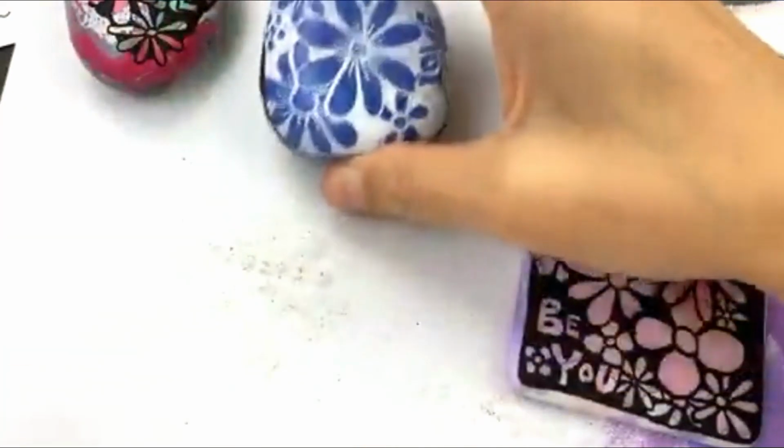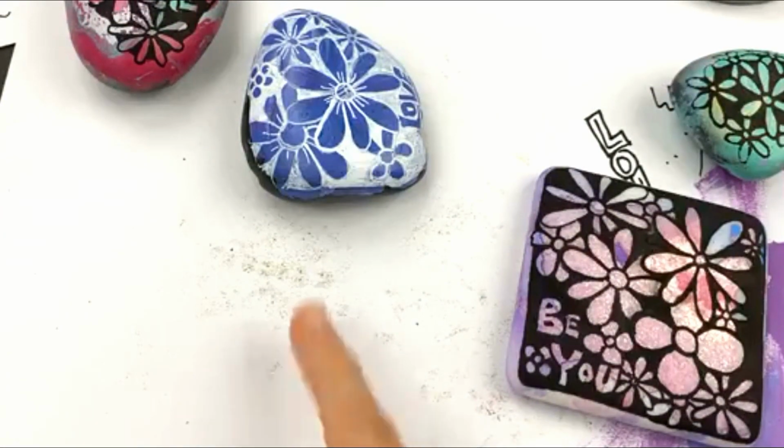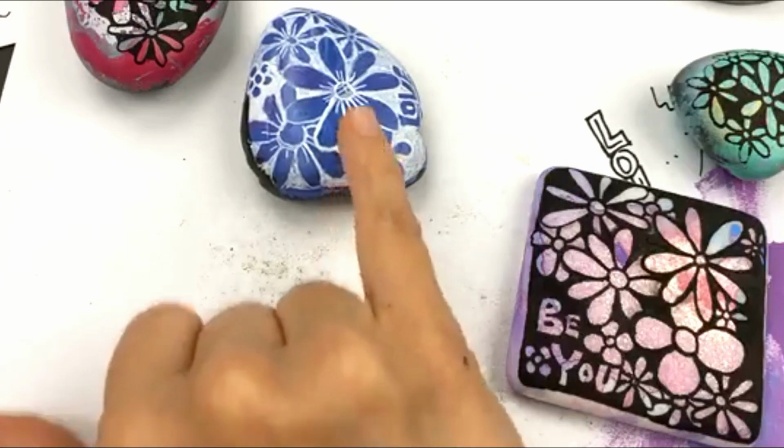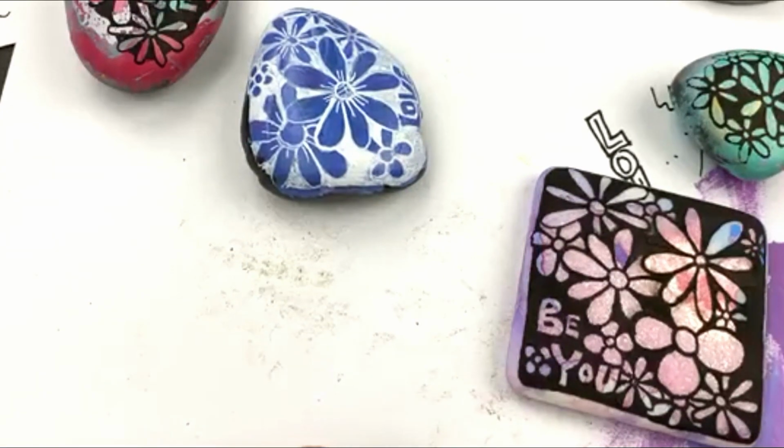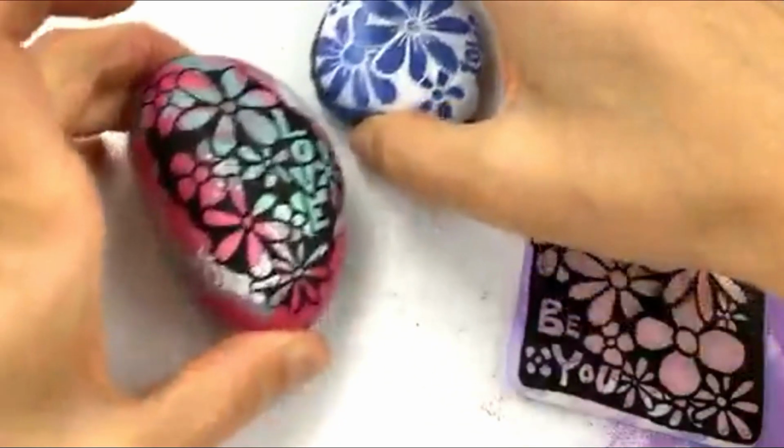It does look pretty though, so if you have the patience to do your design multiple times, I kind of started here working on another layer of it. So if you have the patience for multiple layers on something like this, you can try to do white or other